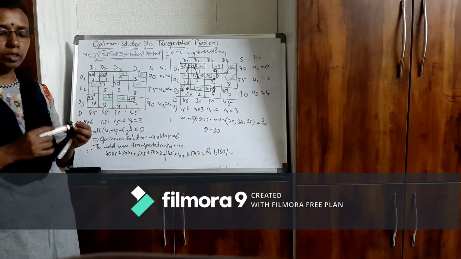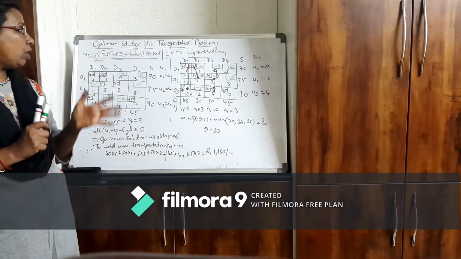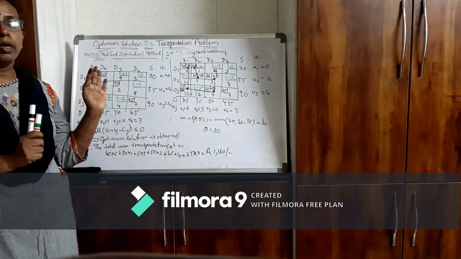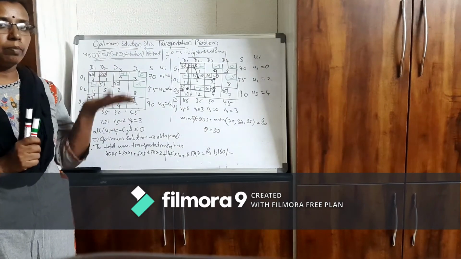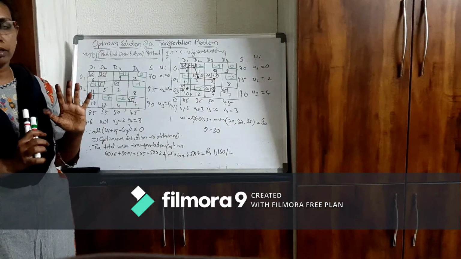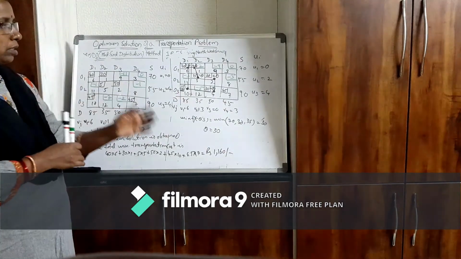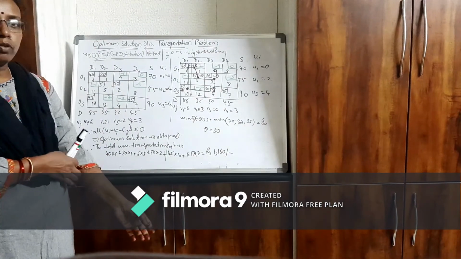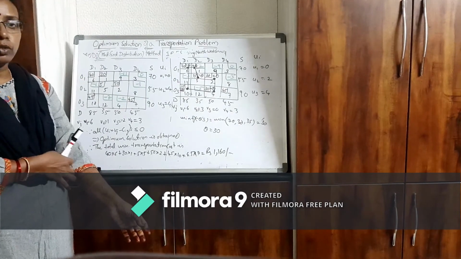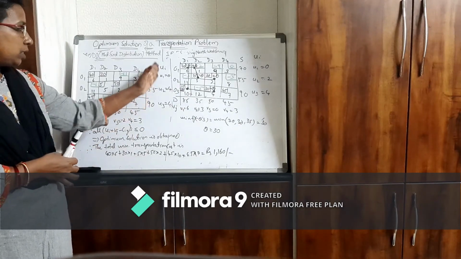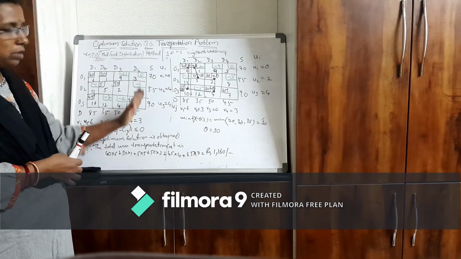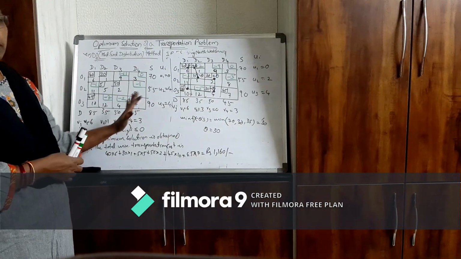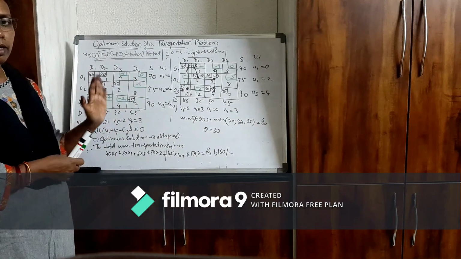So this is the procedure. This is how you have to calculate optimal solution using modified distribution method or MODI method or UV method. So it's a lengthy process, but you have to solve as many problems as you can to avoid confusion, just allocation of this ui's and vj's is a little bit confusing. Once you solve that, then the problem will be easy for you.